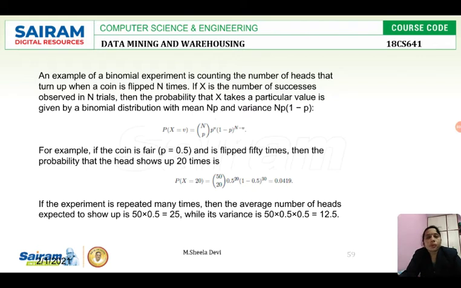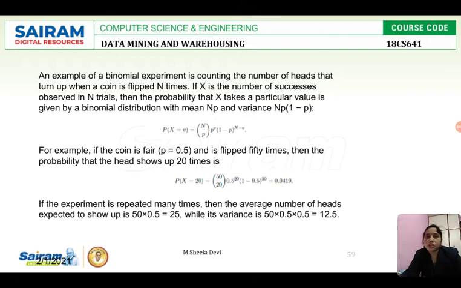You know that whenever we toss a coin, there is a 50% probability for head and 50% for tail. Out of the two possibilities, head and tail, if you toss the coin it can be either head or tail. So the probability of head is 1 by 2, the number of favorable outcomes divided by the total number of chances, which is 0.5, which is 50%. So this is the best example for a binomial experiment.